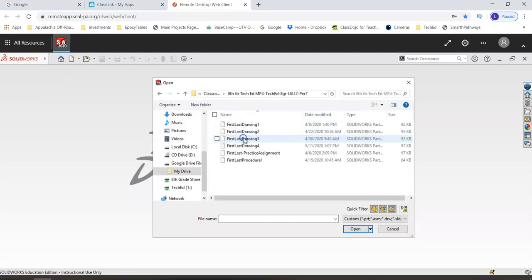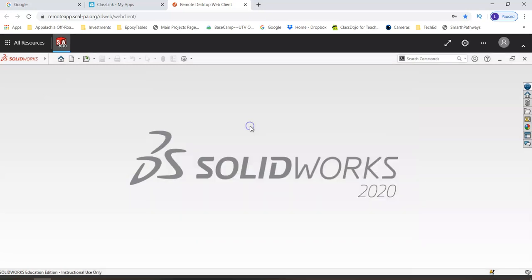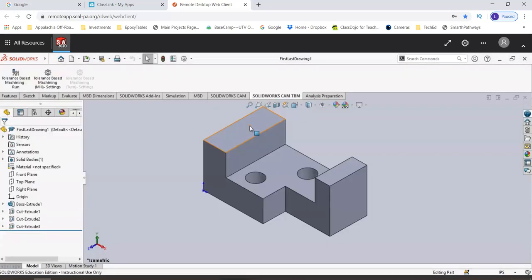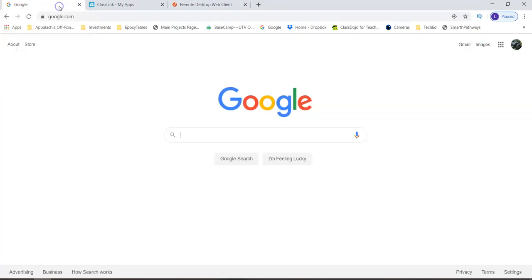Let's see if I have something in my old 8th grade. Yep. So here is a drawing that I can actually open from Google Drive, which is something that we wouldn't have been able to do in the past. And it's kind of cool that we're able to string all these other programs together to access and save and hand in and such. So that is a pretty concise demonstration of how to make sure you have Google Chrome